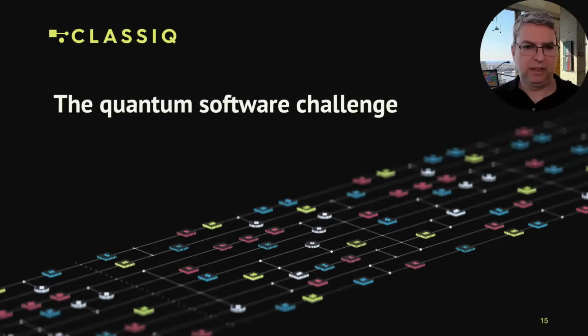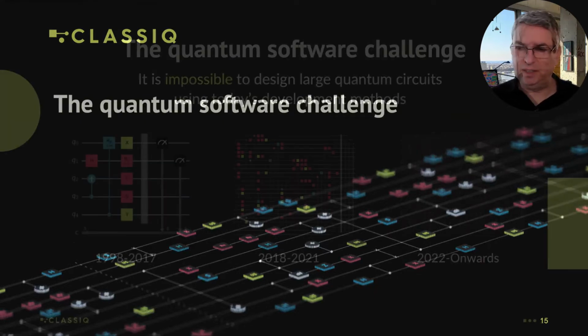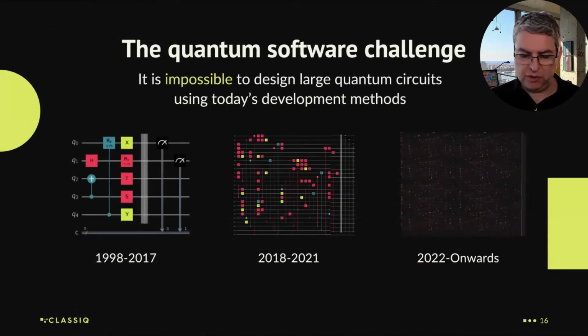Thank you. So now we'll talk a little bit about the quantum software challenge. Why is it difficult to implement that? So larger optimization problems require larger quantum circuits. You are going to need more qubits, you're going to need deeper circuits, and so on. But the problem is that most quantum programming today is done very close to the assembly level. You could write in QASM,